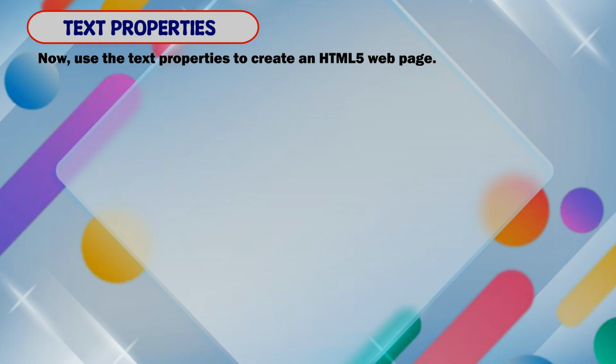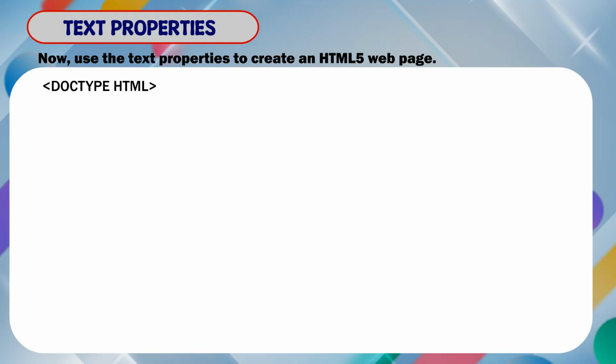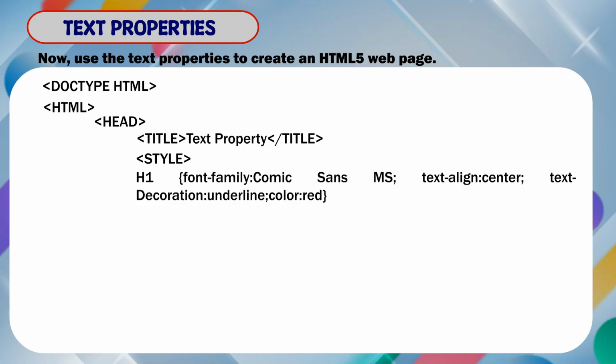Now, use the text properties to create an HTML5 web page. <!DOCTYPE html> <html> <head> <title>text property</title> <style> h1 { font-family: Comic Sans MS; text-align: center; text-decoration: underline; color: red; } </style>